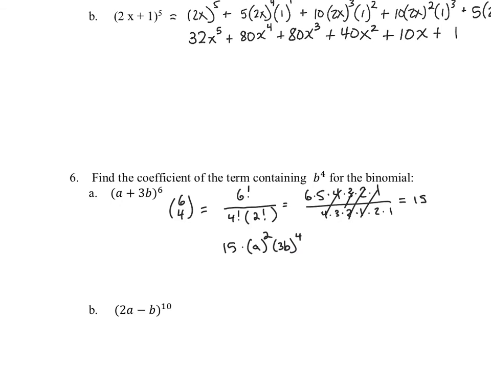So now 3b raised to the fourth power is 81 b to the fourth, and that's multiplied by a squared, and then that's multiplied